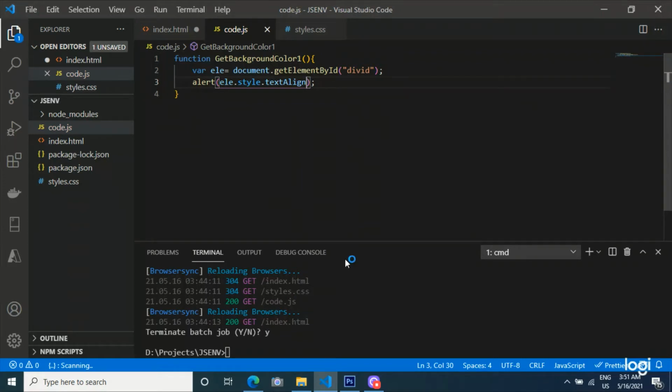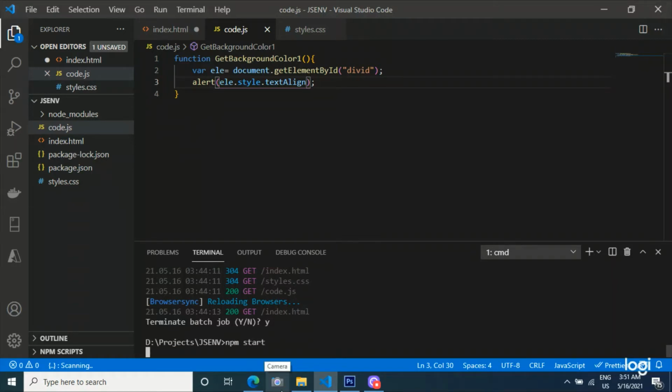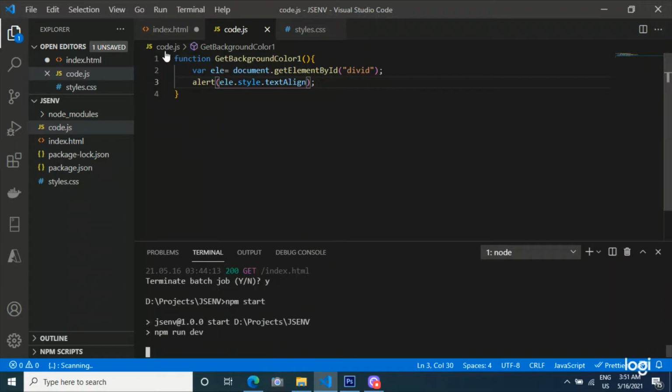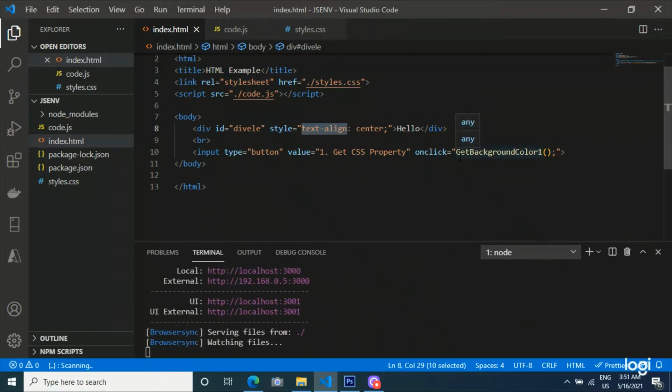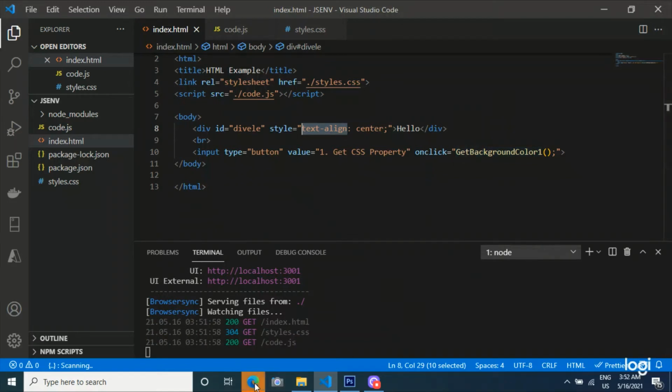I will run the server. npm start. Save. Yes, now this is the element.